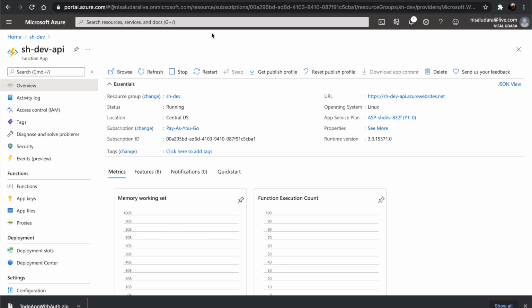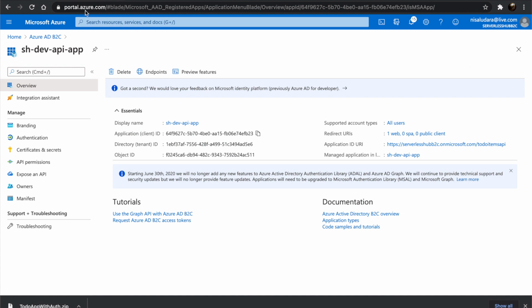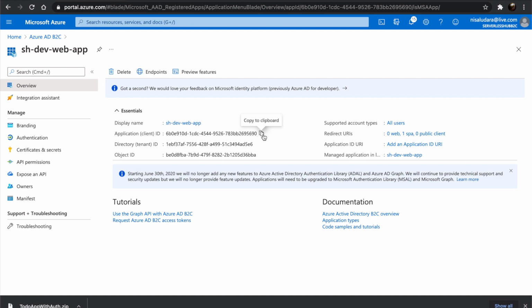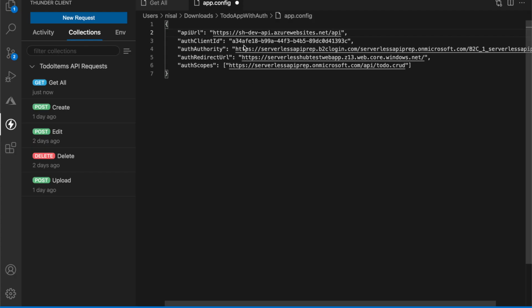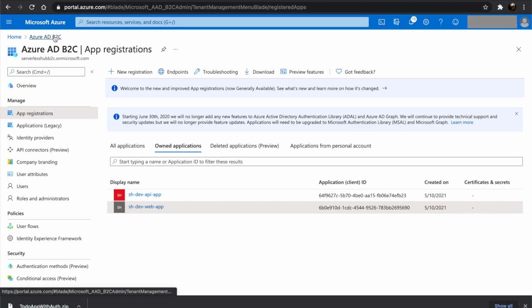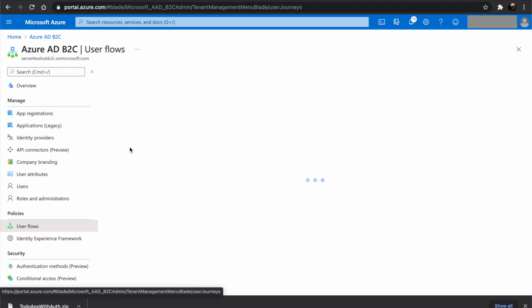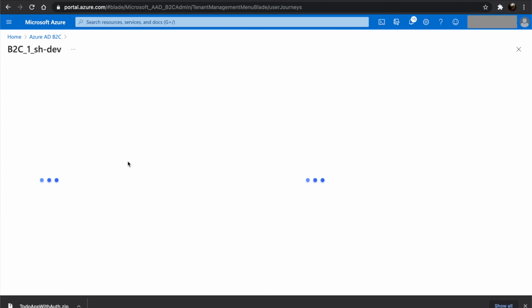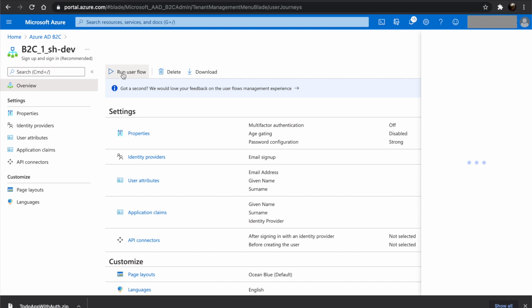Let's get the client ID from the B2C tenant. Let's go to app registrations. For the web app, we need to open the web app registration. Let's copy the client ID and update the config. And let's go to user flows to grab the authority URL. Let's open up the user flow and click on run user flow.